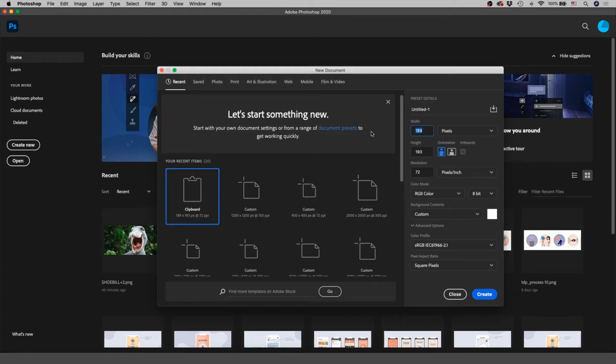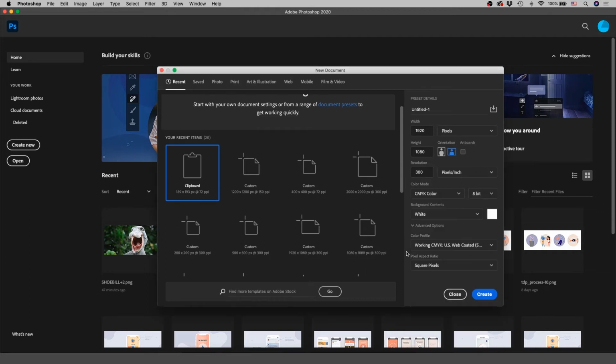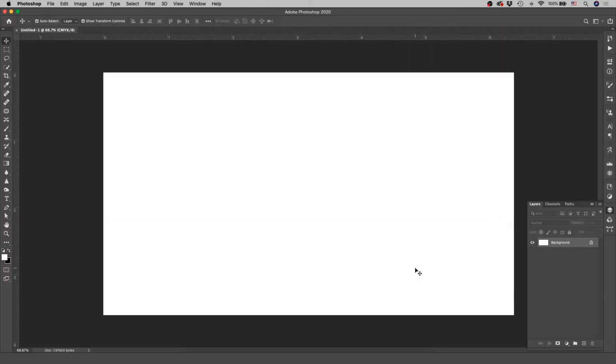We're going to start by creating a new document, and we're just going to make this 1920 by 1080, which is a commonly used screen size, and then we're going to make this 300 dpi. I'm going to go ahead and change this to CMYK because we're going to be printing it eventually, and I'm just going to make the background white. It doesn't really matter what you choose, you can always change it. And the other stuff, there's color spaces, but I would just leave it at whatever your default is and hit